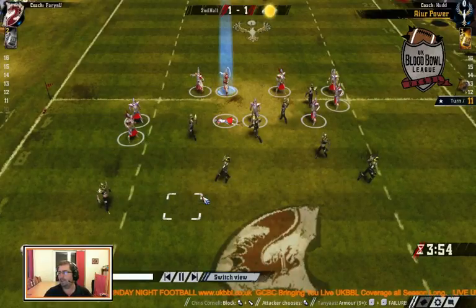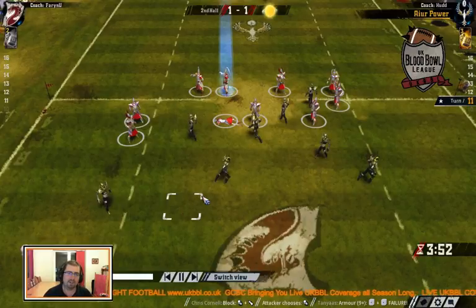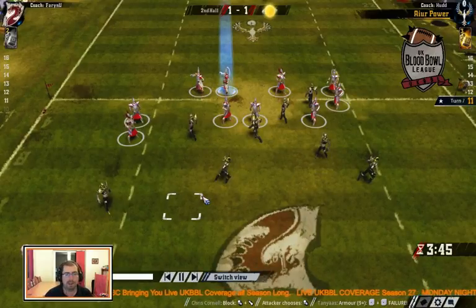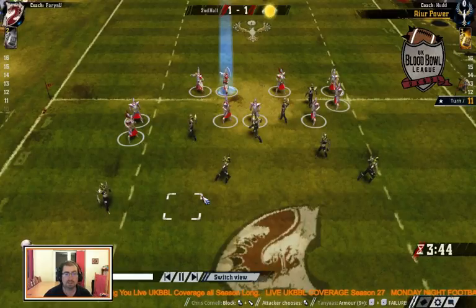I don't know. You can develop Chaos and Nurgle as passing teams if you want, because they've got the access to the extra arms, which actually makes them catch on a 2+. So